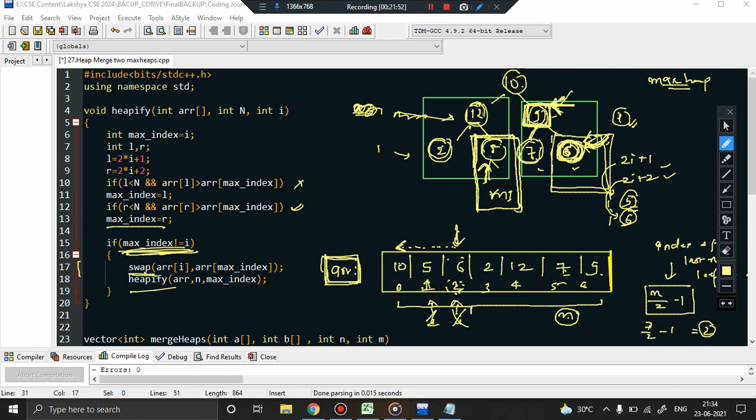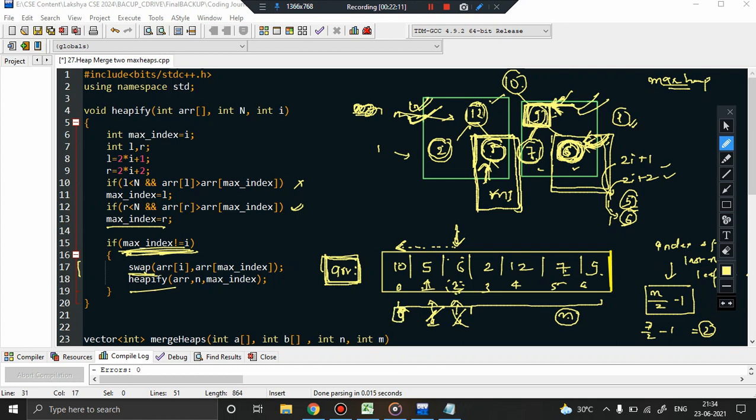But you can see there is only a single node, no problem, it's fine. So this subtree is also heapified, that is this subtree, if you see, it is following the max heap property. This subtree is also following the max heap property. Now as per the loop, we will come at this point, index 0, right? I will return back, again I will point to 0 the last time.